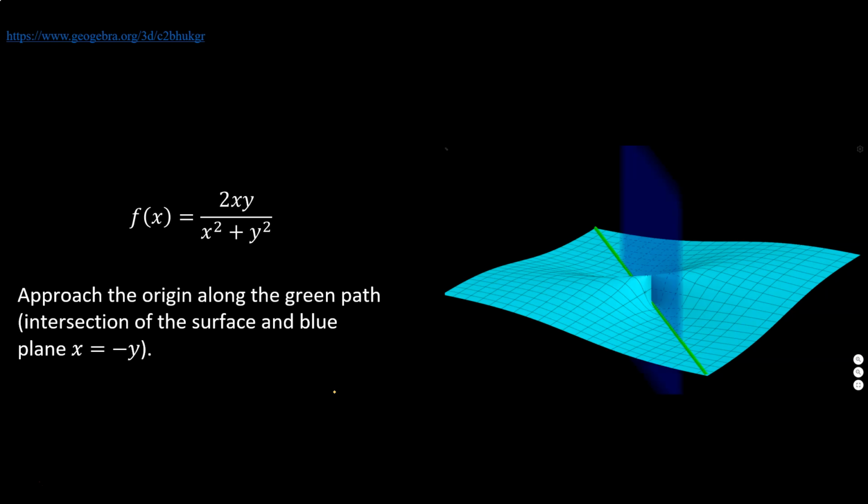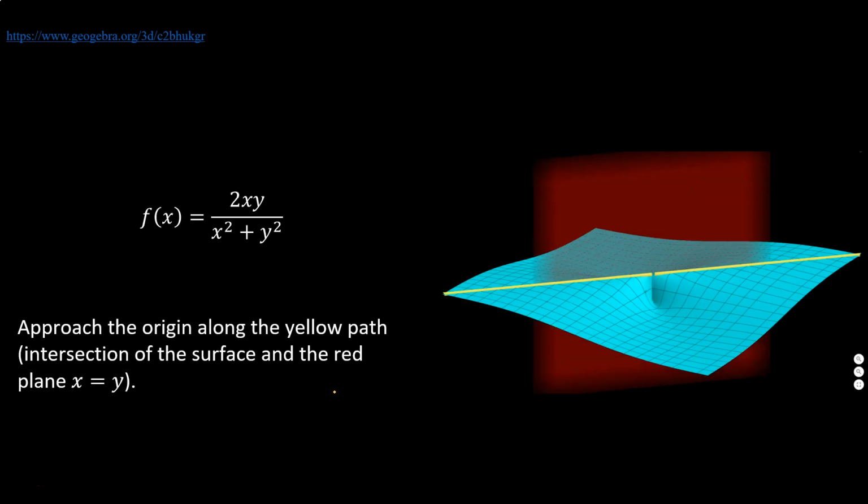First, let's travel towards the origin, but we're going to travel along the path that comes from the relationship x equals negative y. So if we only pick domain points that follow the line x equals negative y, we can travel along the function output along that path, and that's the green curve you see on the surface. And that path will lead us to the origin. And we know that because x equals 0, y equals 0 satisfies that expression x equals negative y, because 0 does equal negative 0. So traveling along that green path,